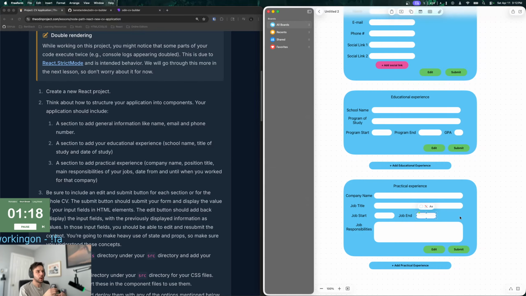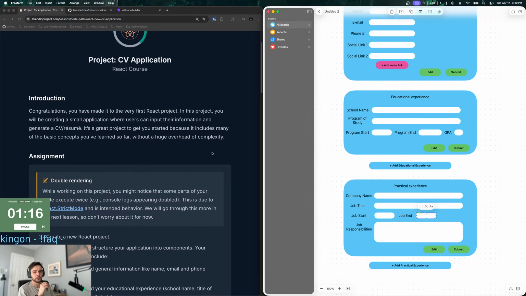What up? What are we doing? We are starting our first React project. I'm so small in the frame. Yeah, it's because I had to switch back from Streamlabs to OBS. I made it smaller because I don't want my face taking up space. I want as much of the screen to be visible as possible.